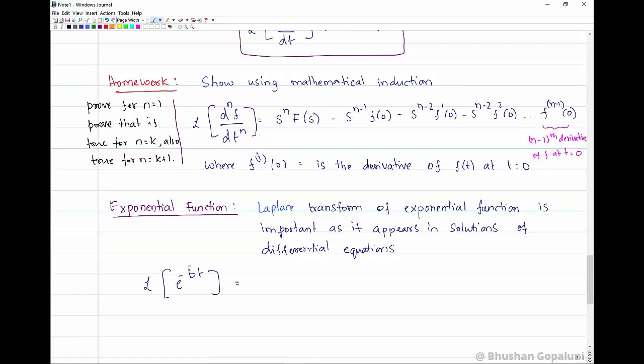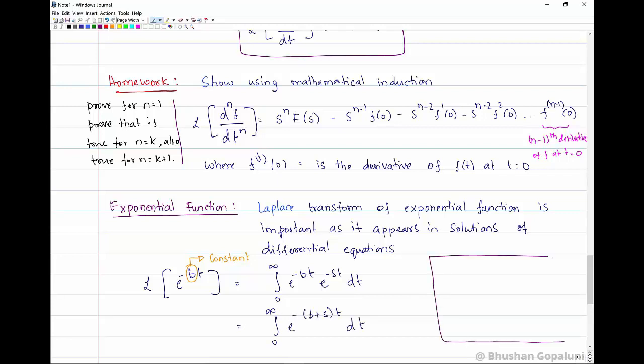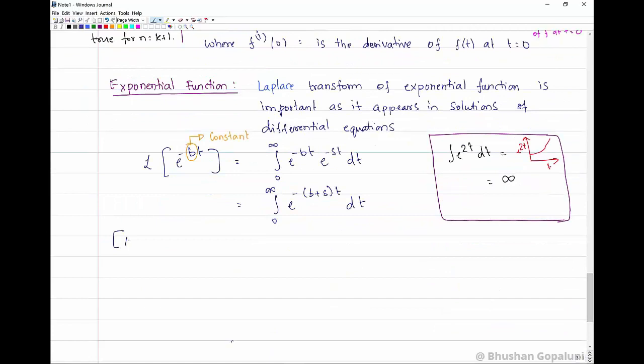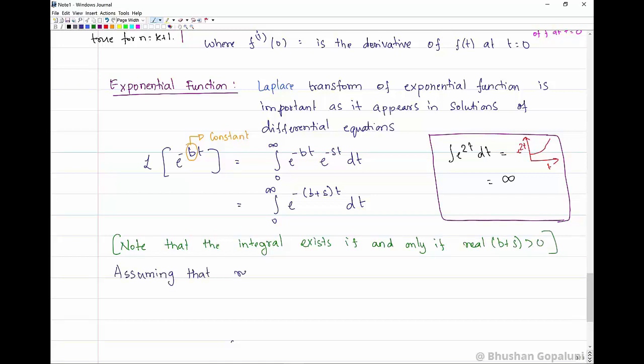Laplace transform of e to the power of minus bt, where b is a constant, it has to be independent of time. Notice that the second integral here has an exponential to the power of minus (b plus s) times t. Now if that power is positive, as shown in the window on the right hand side, if b plus s is minus 2, then the exponential becomes e to the power of 2t, which is an integral that is not defined